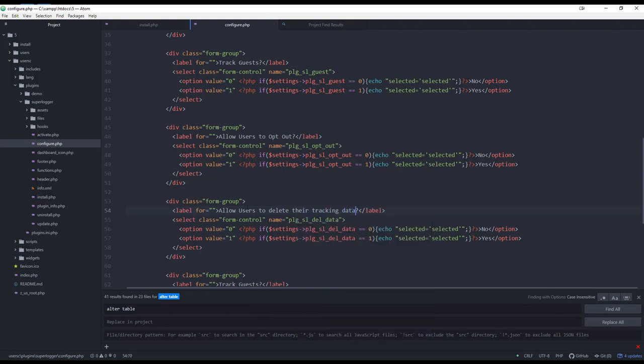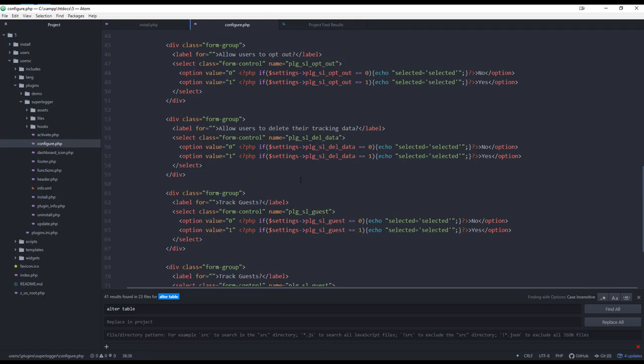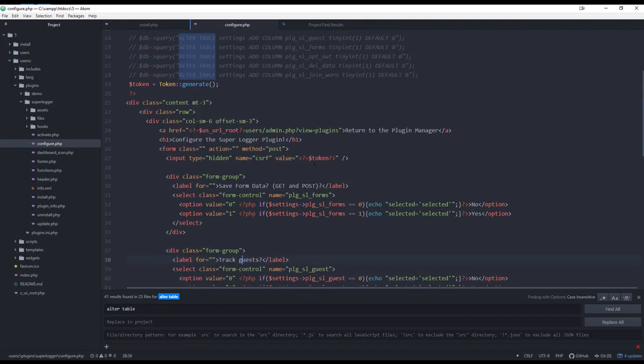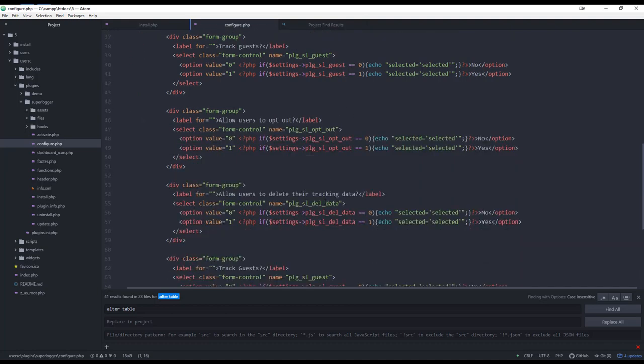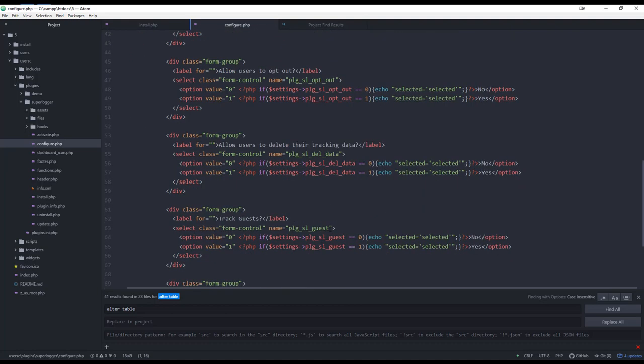Probably should capitalize more or not capitalize. I'm very bad about being consistent with that stuff. So let's just make these all lowercase. There, fantastic. All right, so allow them to delete their tracking data, and the last thing is plugin SL join warn. So right here,